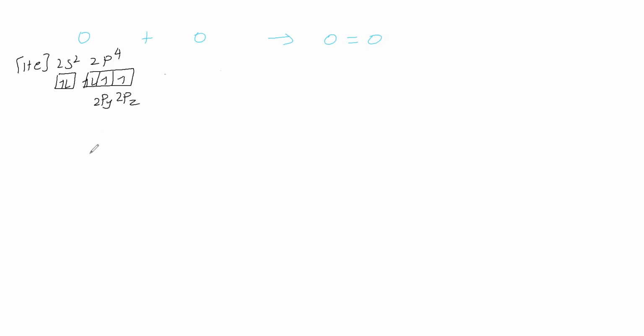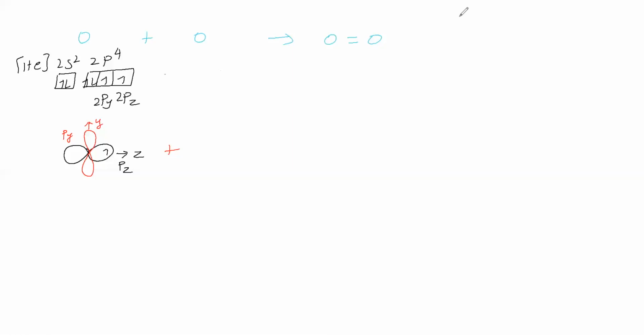This p orbital is a dumbbell. So we are taking one p orbital. Suppose we take it along the z-axis, then it is a pz orbital. It contains one electron. Then we will write a py orbital. This py orbital is perpendicular to this z-axis. This y is perpendicular to this z, therefore it is called a py orbital.